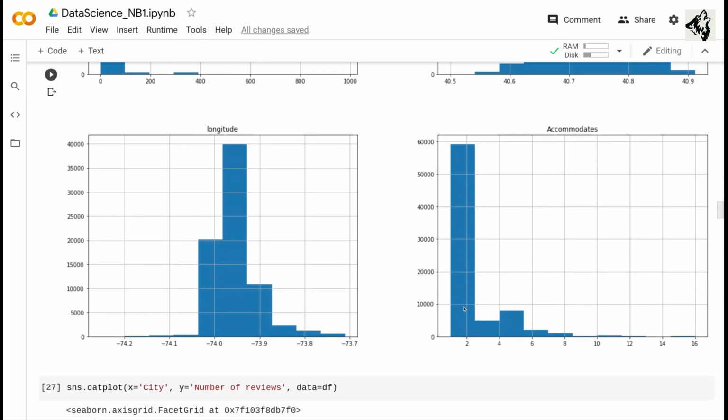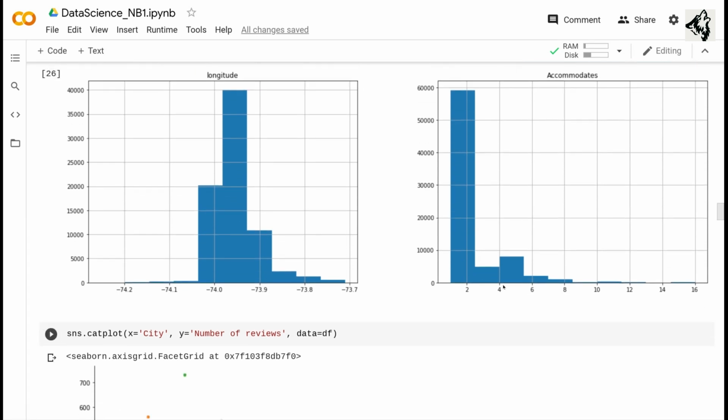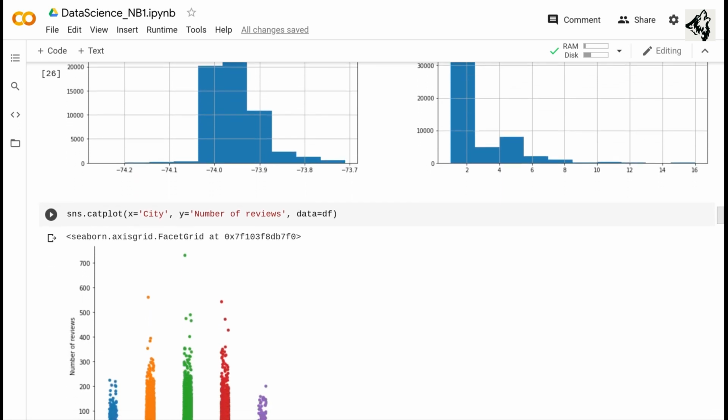We also see that there are almost 60,000 values between the range of 1 and 2, meaning most of the properties can accommodate between 1 to 2 people, and the properties can accommodate between 4 and 5 in about 10,000 listings, a little bit less than 10,000 listings.